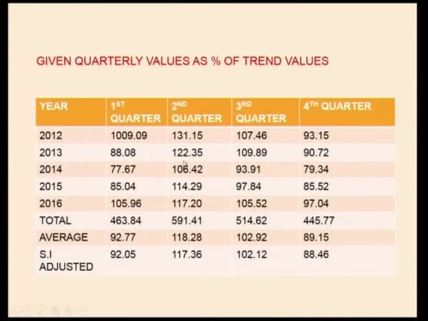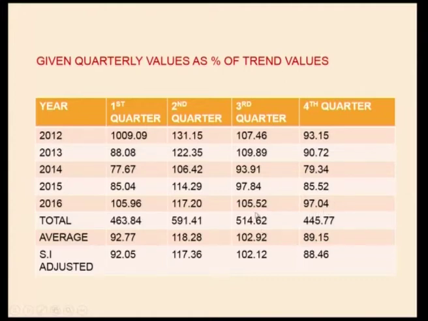So all these values are given here, the quarterly values given as a percentage of trend values. For 2012, first quarter 109.09, second quarter 131.15, which we have seen just now, third quarter 107.46, fourth quarter 93.15. Similarly, for 2013, we get 88.08, etc., 90.72. Finally, for 2016, 105.96, 117.20, 105.52. Finally, for the fourth quarter,